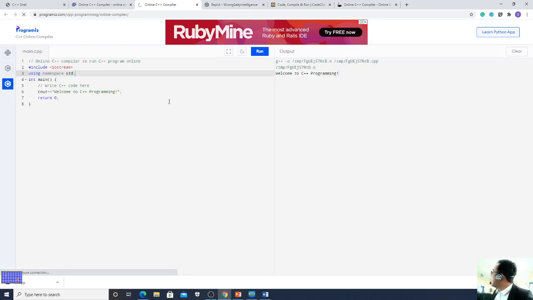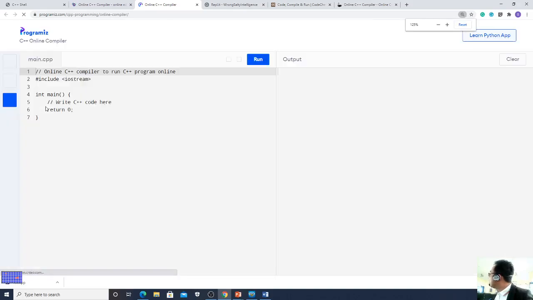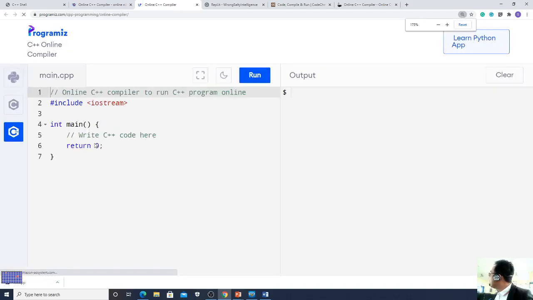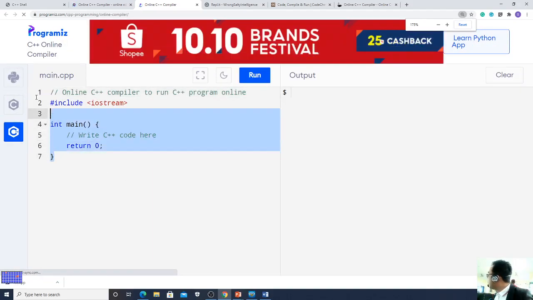Okay, ito yung ating editor. I-zoom lang natin ng konti. Okay, so ito yung ating editor. Dito tayo makakapag-edit ng mga codes. So dito lalabas yung output. Okay? Ito lang yung run.